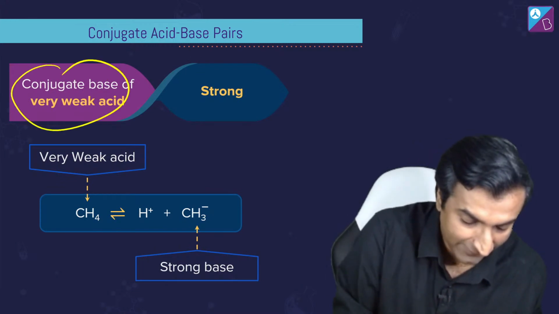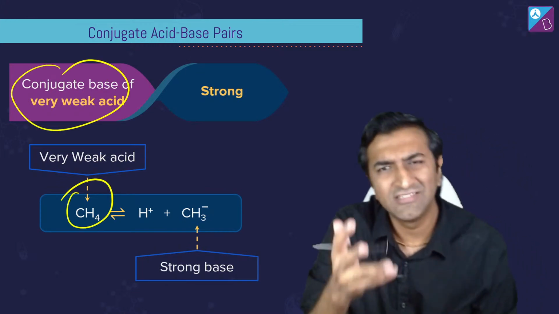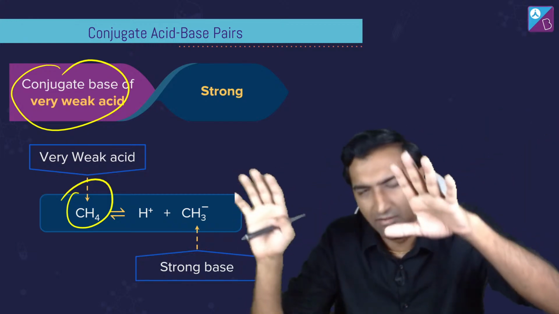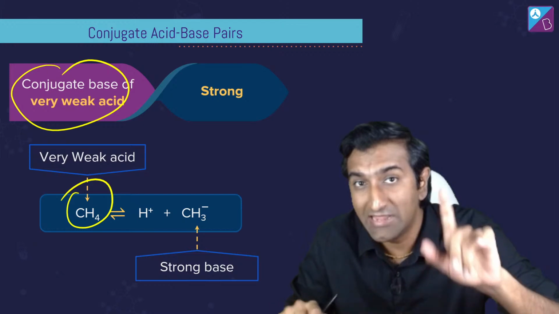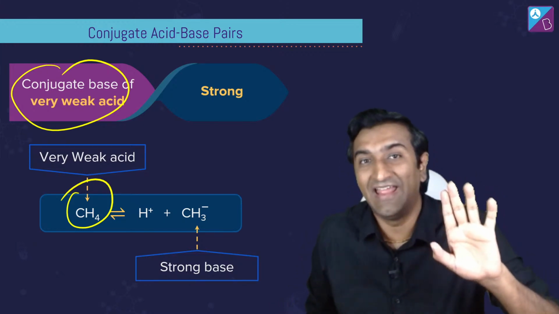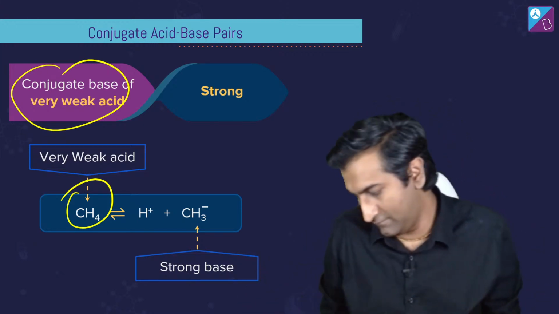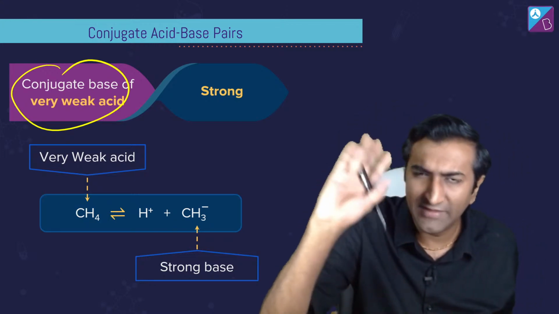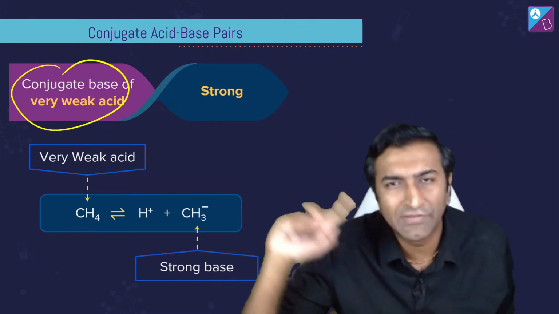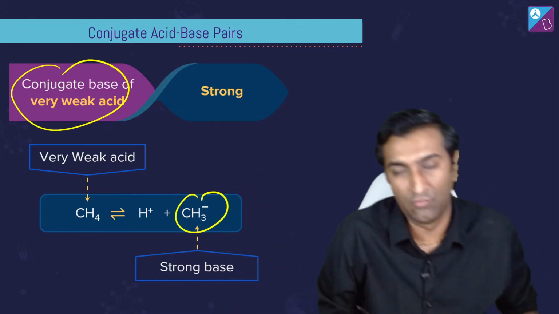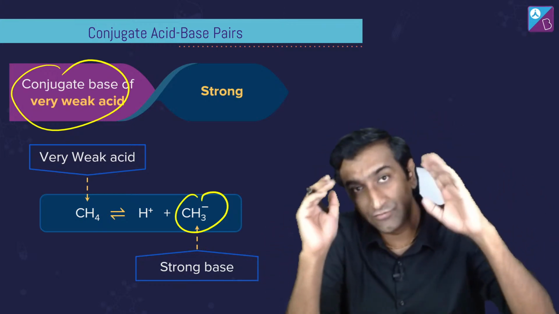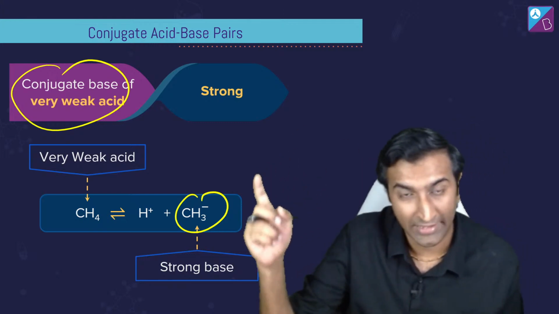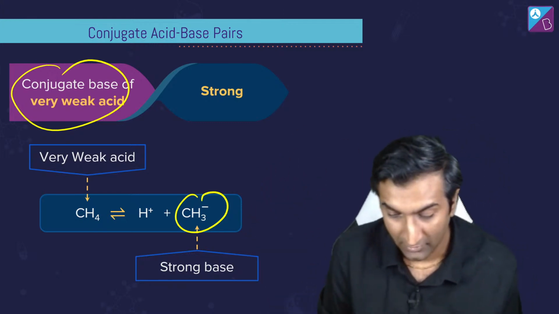Similarly, a very weak acid like CH4. CH4 acid कैसे हो गया? Hypothetical यार, hypothetical समझ लो. Acid है मतलब H plus दे देगा. ठीक है? That's why I said in organic every reaction is an acid base reaction. You may not see it, but it is. ठीक है? तो अगर इसको कंसीडर करें बहुत वीक एसिड है तो चलो फॉर द सेक ऑफ आर्गुमेंट देन उसका बेस क्या होगा? बेस होगा CH3 minus. Oh my god bro, CH3 minus is one of the strongest bases. ठीक है? It's a very, very strong base and you will see that in reactions in organic chemistry ये idea पते में is going to be very useful.